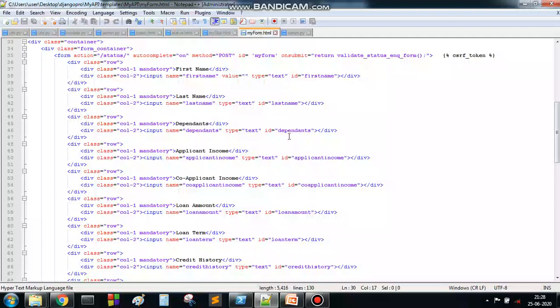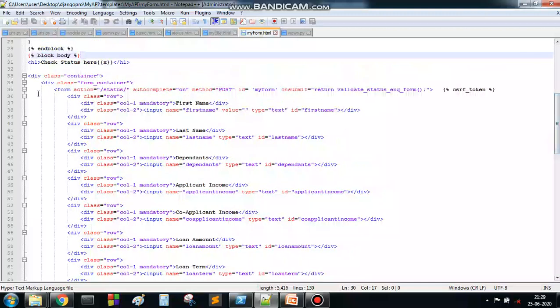By knowing the ID and class, we can access the input given to each field, collect it, and do some operation over it in our views.py.